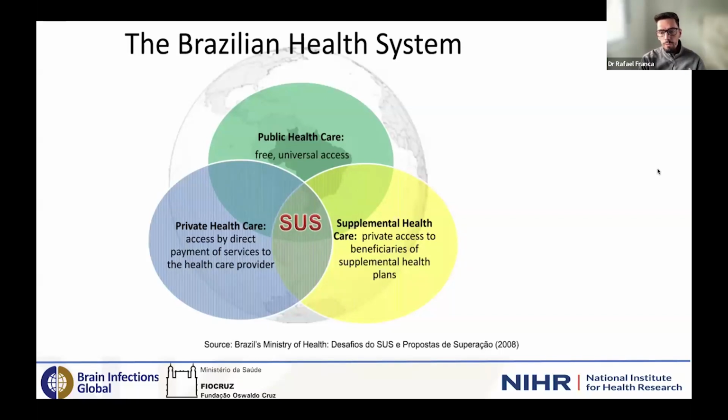This limitation includes long wait times for appointments and treatments, shortage of medical supplies, and inadequate staffing. Consequently, patients often experience delays in receiving essential medical services, which can lead to worsening health conditions and increased pressure on the health system. Efforts to address these issues are ongoing, but they require substantial investment and strategic planning to improve the overall efficiency and effectiveness of the public health system. And of course, this project is very convenient because we're addressing one gap in the national Brazilian health system, that is brain infections. Next slide, please.